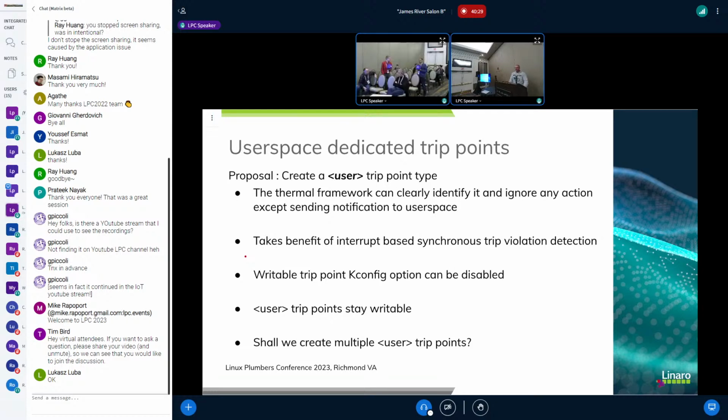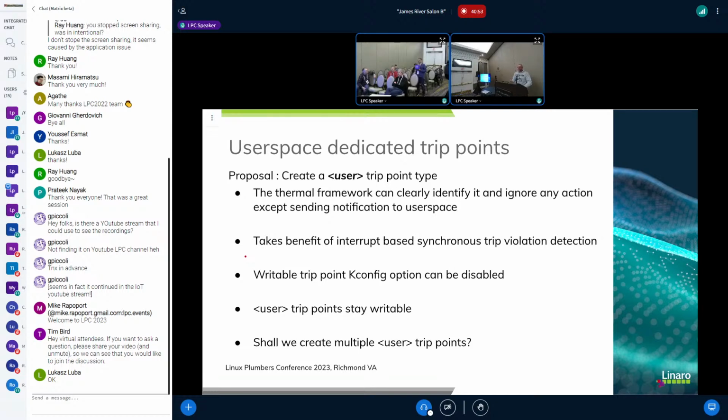If the hardware does not support it, we will rely on the polling mechanism. So we will create a thread in your thermal CFS to poll. No. We keep having the thermal framework polling and watching the temperature of the thermal zone. Yeah, so that's an overhead, right? Why even create a polling? If you have to poll, user space can poll too.